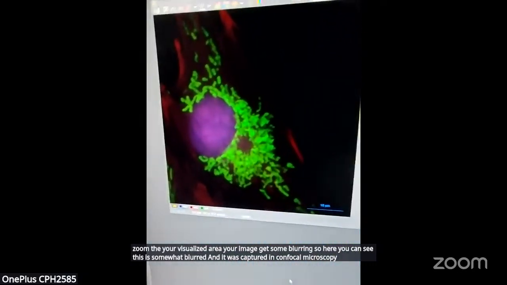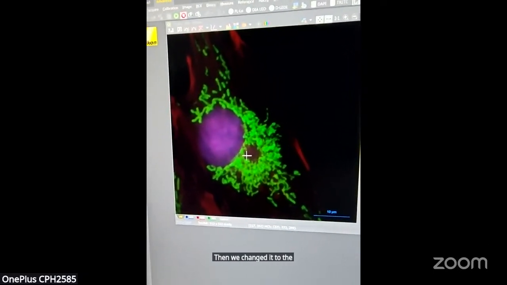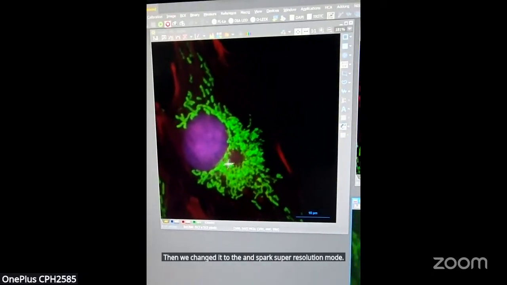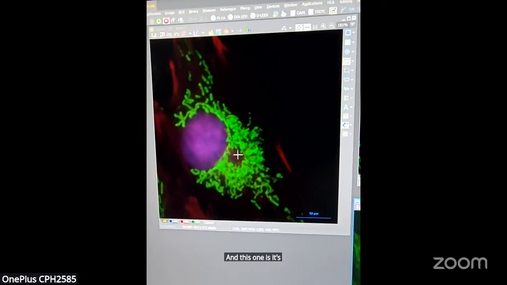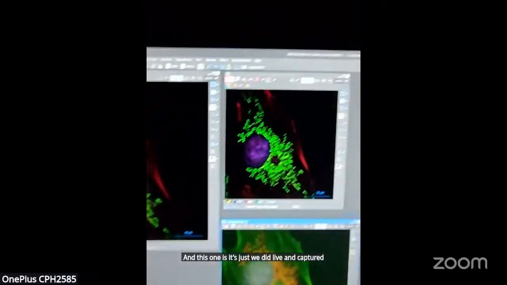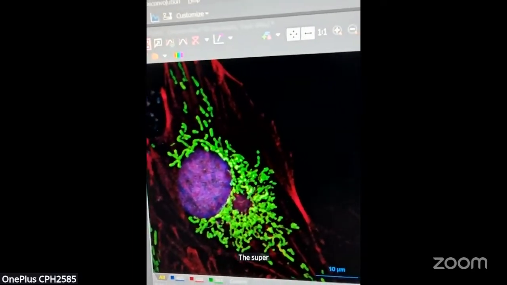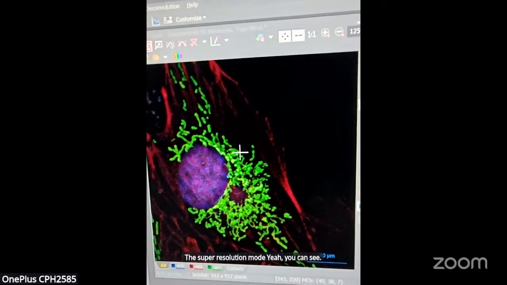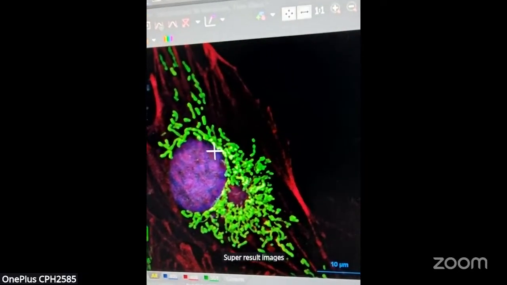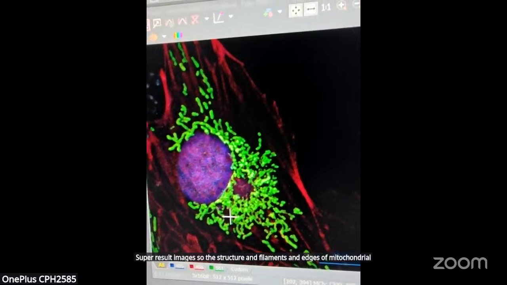Then we changed it to the NSPARC super resolution mode. We just did live and captured, and after implementing the super resolution mode, here you can see super resolved images. So the structure and filaments and edges of mitochondrial filaments are well defined.